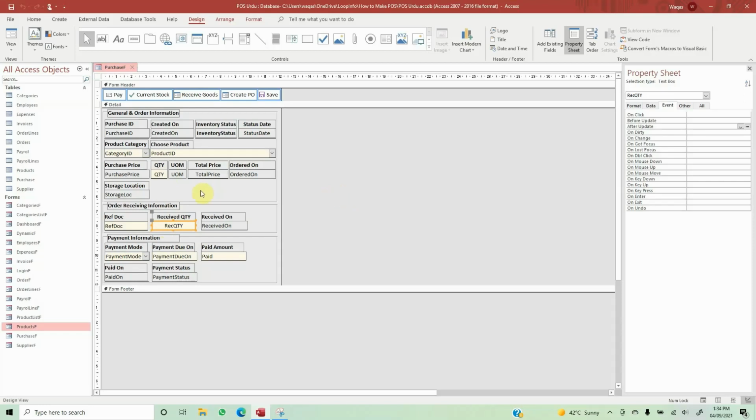If the user says yes, go ahead, then the inventory status should be partial GRN. If the received quantity is the same as the ordered quantity, then it should be GRN straightforward. There should not be any question asked. So these are the logics we want to build for this particular button. Again, a very important step in managing your inventory. So let's go ahead and do that. We'll click on receive goods, go to the event tab, on click event,